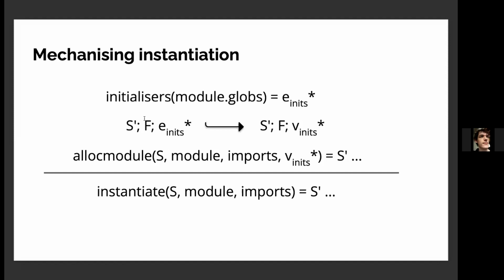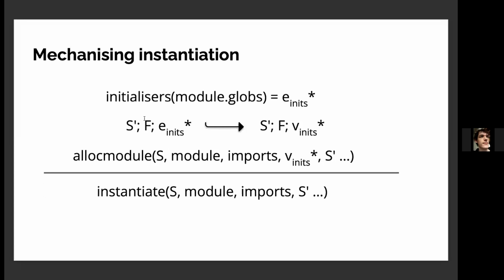It just says that the initializer expressions execute in S prime. However, according to the formalism, you only get S prime by passing the result of this execution into alloc module. So you can see we have a circularity here, i.e. this definition isn't actually executable. So this causes some problems when we want to use the definition of instantiation in our verified interpreter. Because, as I said, this definition looks like it's kind of an executable function intuitively. But morally, what's really going on is it's more like an inductive predicate.